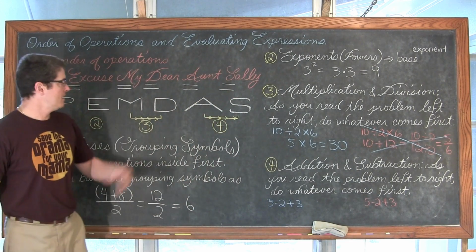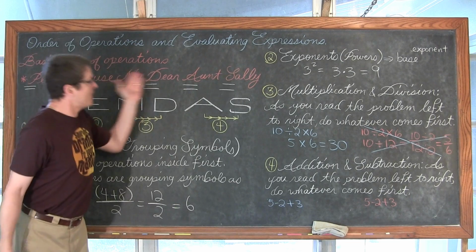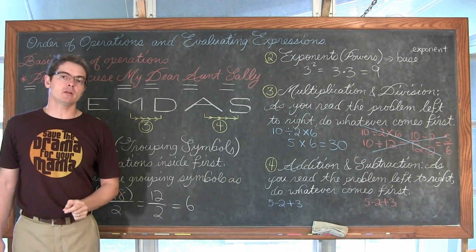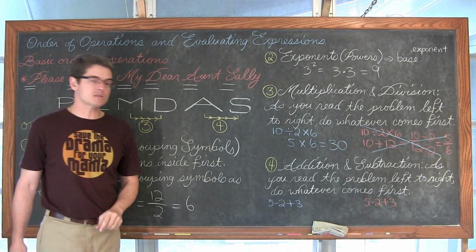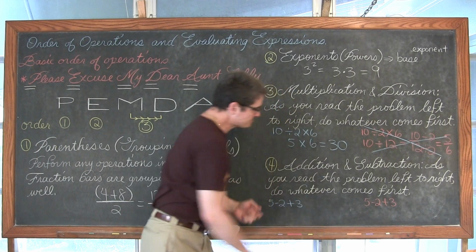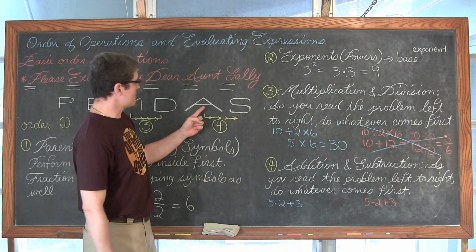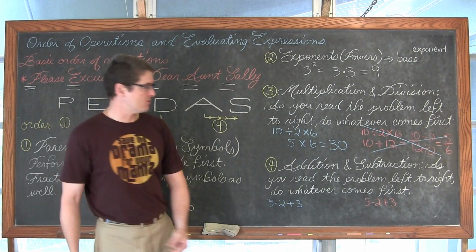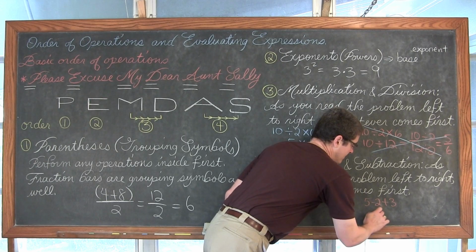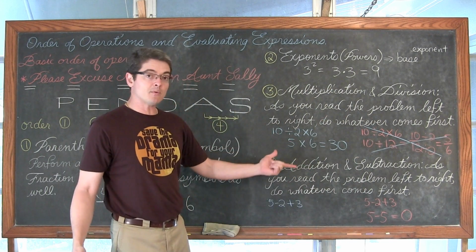So though we say multiply and divide as you go through the phrase, maybe please excuse my dear Aunt Sally, no, it's together, whatever comes first as you read it left to right, and addition and subtraction is the same way. Again, with the incorrect way first, 5 minus 2 plus 3. Don't get stuck on this AS and think I have to add first, because 2 plus 3 is equal to 5, and so we have 5 minus 5. Well, 5 minus 5 is equal to 0, and that's not what that equals.